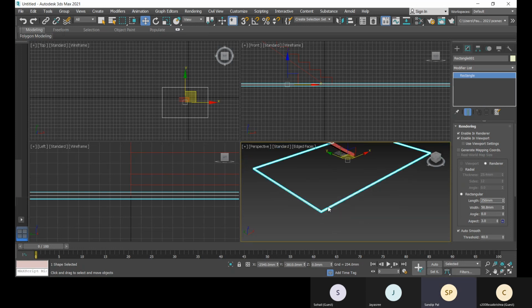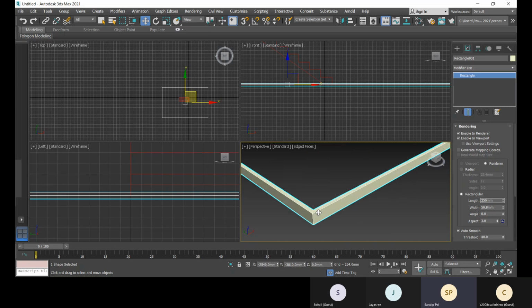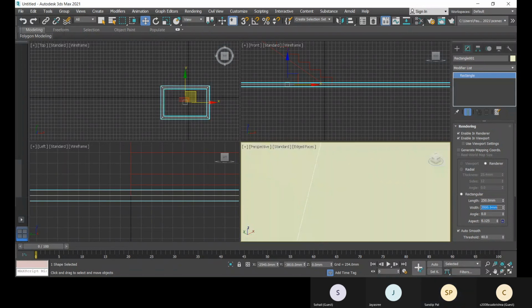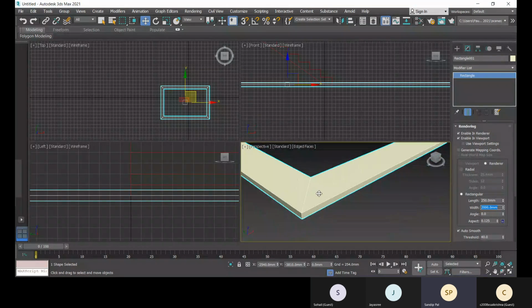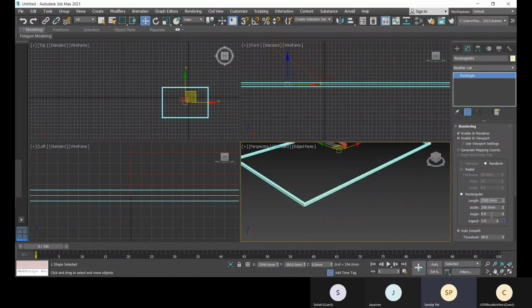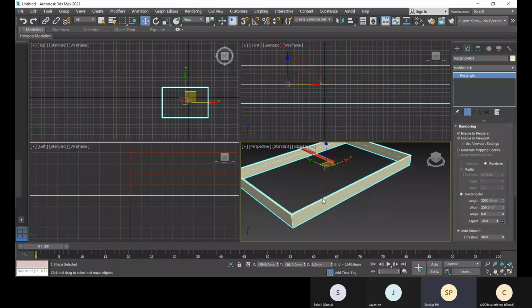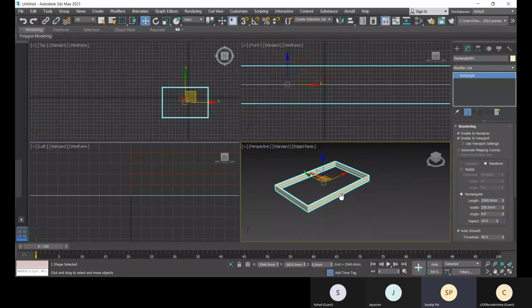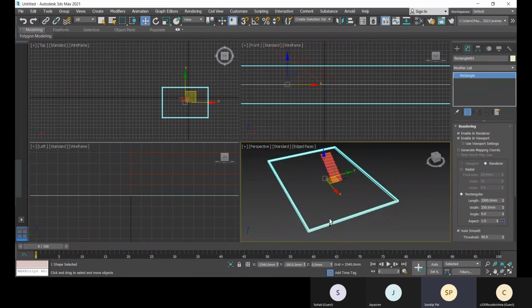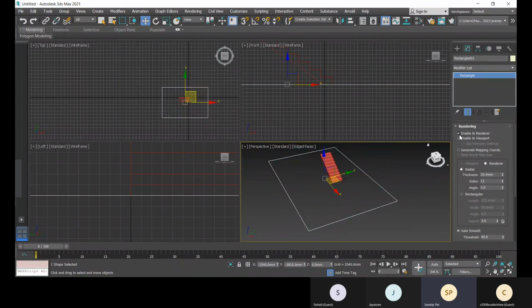Check it. All right, so this way you can create your walls with the lines also. You can also extrude with the lines. So how can you extrude with the line options?